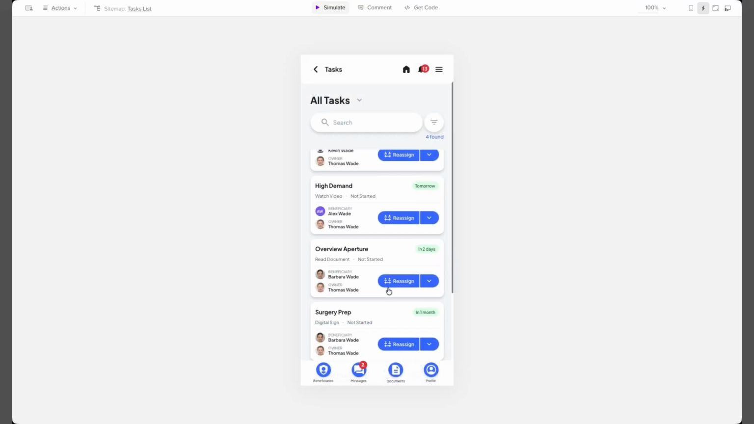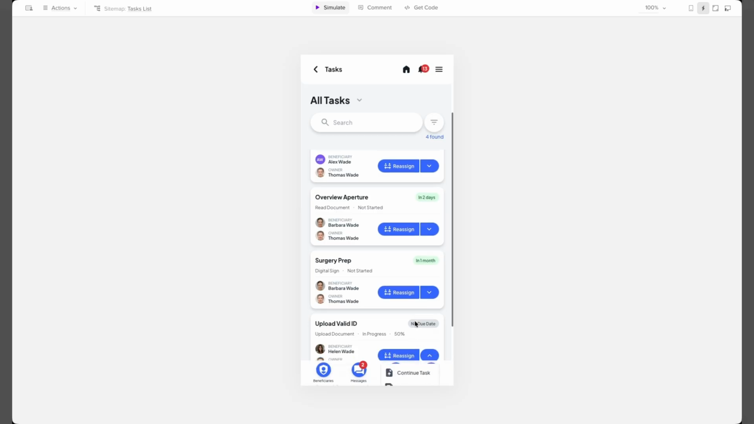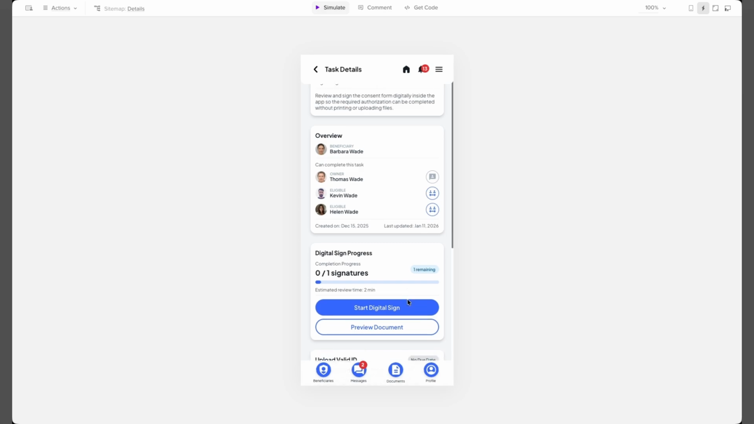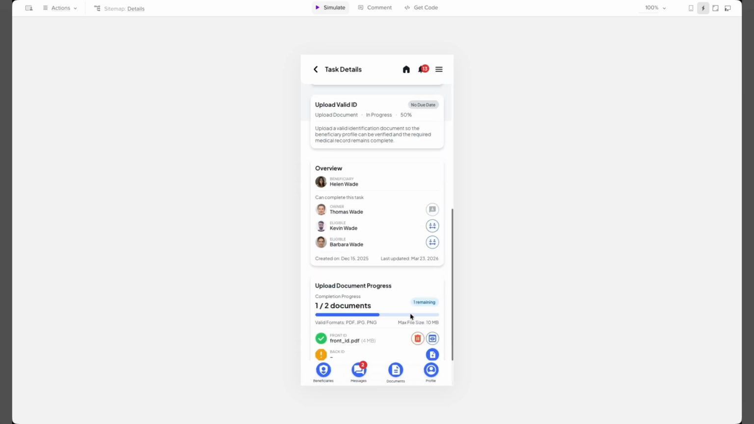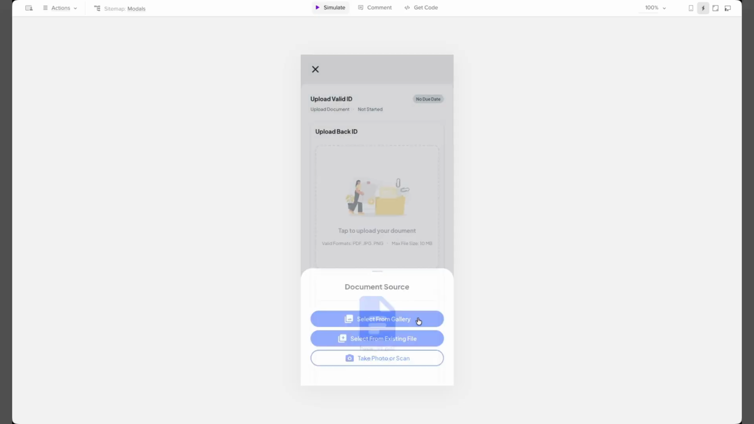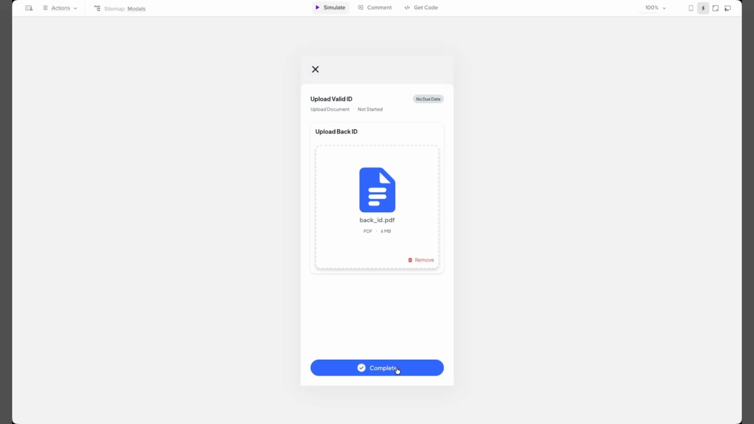Finally, let's look at the upload document task. In this example, one document has already been uploaded, so the user can either remove it or preview it. For the next required document, there is only one available action. When the user taps the button, a dialog opens so they can choose the source of the file. Once selected, the document is uploaded into the app, and the user can complete the task as soon as all